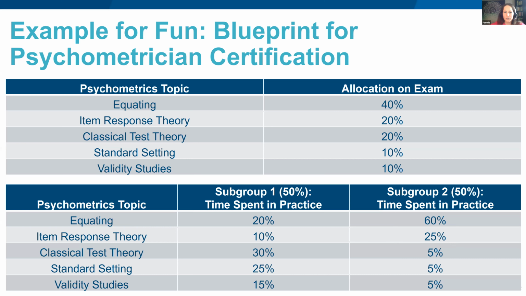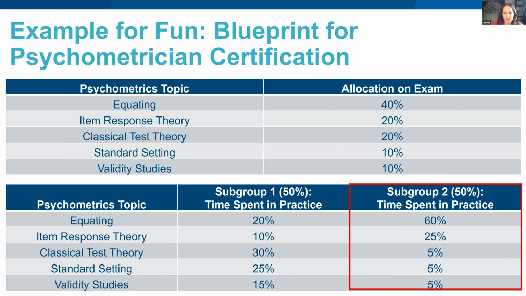But maybe in reality, there's actually 2 different underlying subpopulations of how psychometricians are practicing in the field, but your data didn't show this because you just averaged all the responses together. So specifically, let's say you have this one underlying subgroup that's about 50% of your population. These people might be defined as spending their time kind of doing a little bit of everything. So sort of similar to the allocation you had at the top, but not exactly.